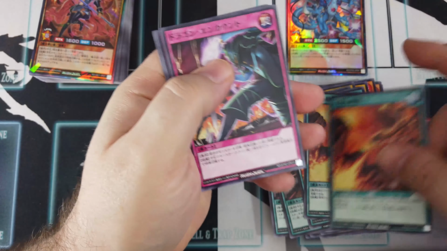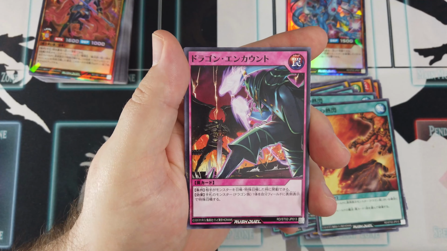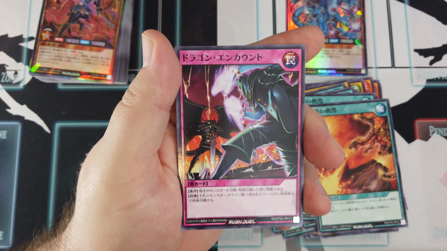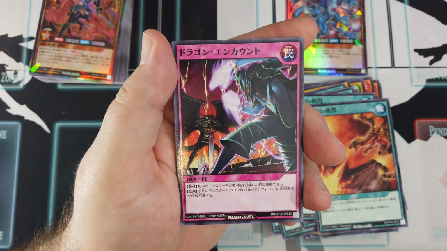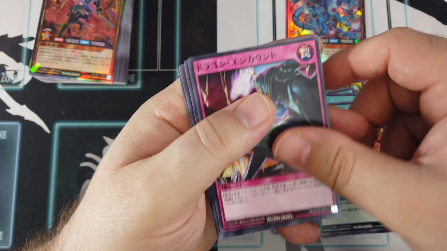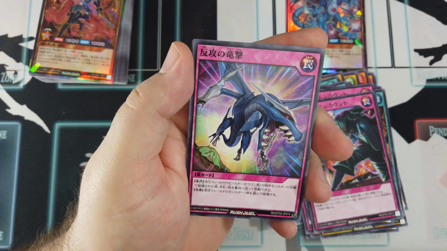1, 2, 3. Onto our very pink traps again. We've got Dragon Encounter. Requirement, when your opponent normal or special summons a monster, special summon 1 monster dragon from your hand. Wow, okay. Just straight up bring out... yeah. And then the last one,